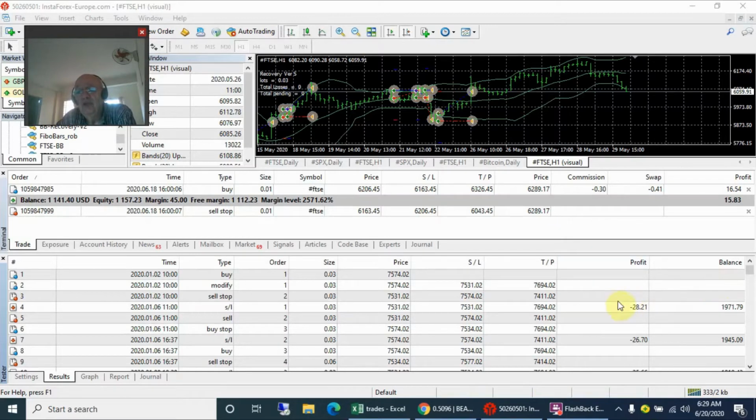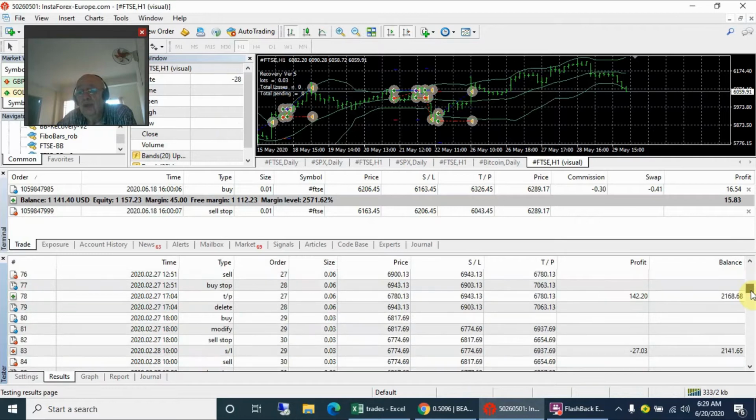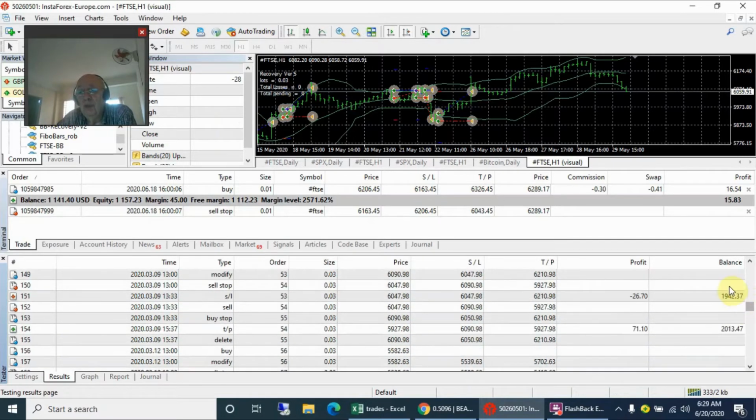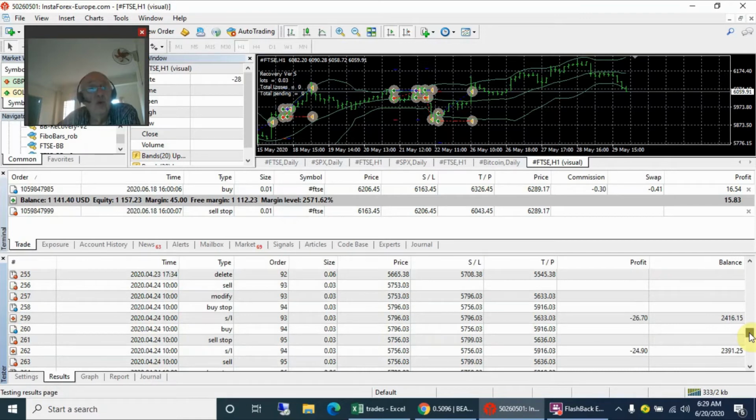You can log in at any time and follow the trades and see how it's going. Now, as you can see, we started off, we had a couple of losses over here, and we went up over the $2,000 here. By February we were over $2,000. We had a little bit of a drawdown over there, and it climbed back up again, 2,000, 2,200. It started climbing reasonably all the way through, I must say, through the whole